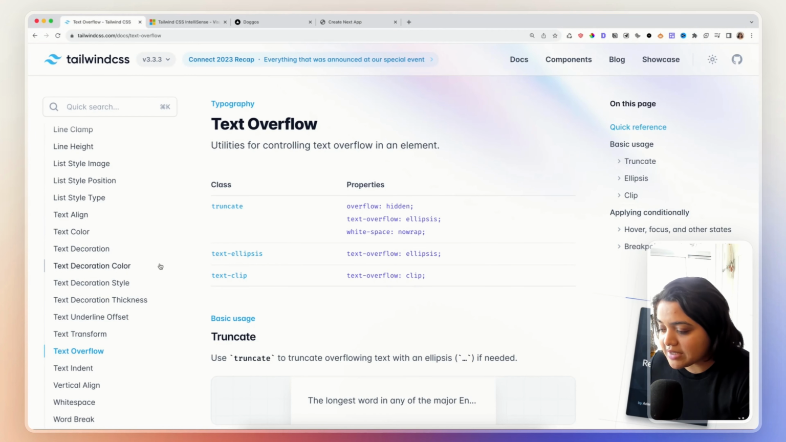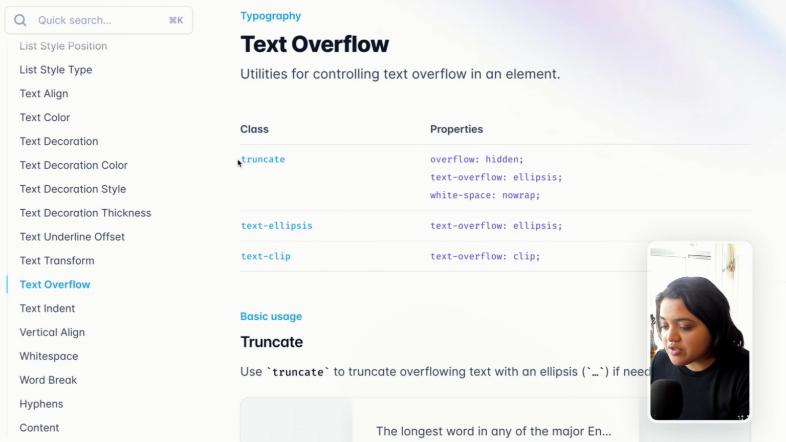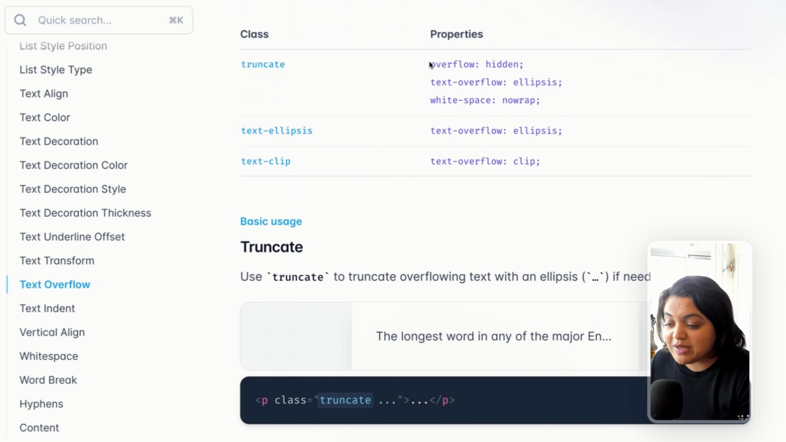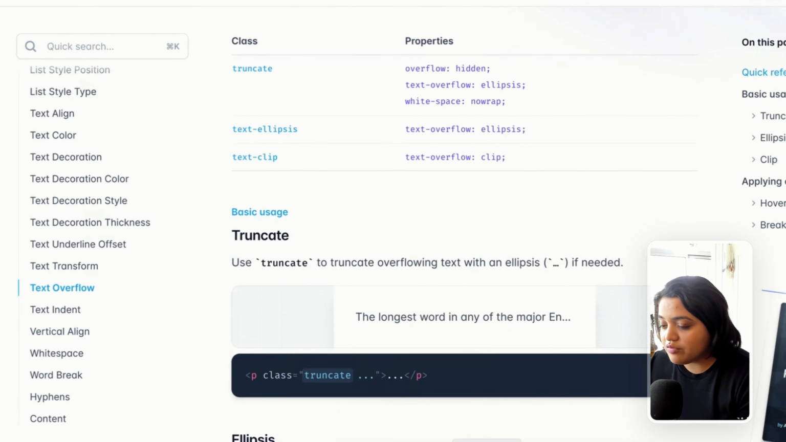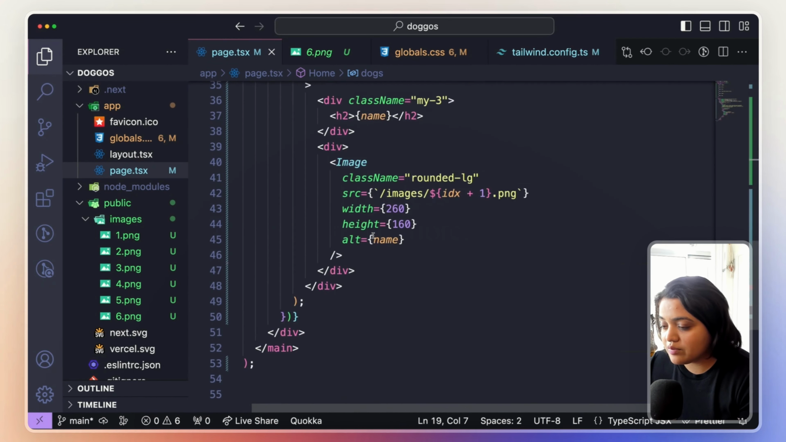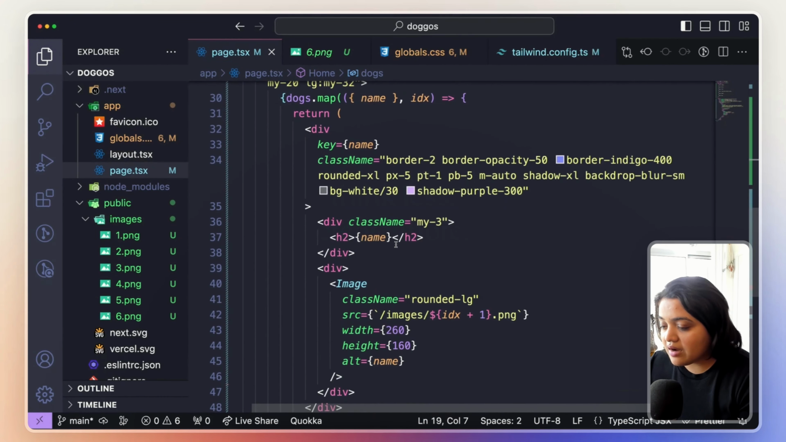So if we go to text overflow, you can see we could truncate the property, which is basically overflow hidden, overflow ellipsis, and white space no wrap. Now we could essentially use truncate, and this will add that ellipsis that we want. So if we do that, for example, in our H2, we can just truncate it